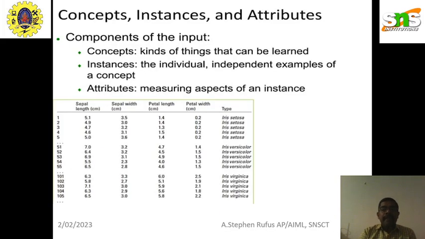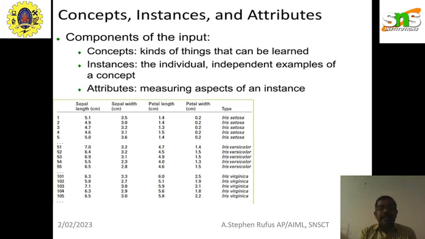Later, when we have to compute certain parameters in machine learning, we have to look at the concepts, instances, and attributes. As the components of input for every machine learning system, we need certain parameters to be fed into it to make a computation, or to go for future expressions, or to produce a certain outcome. That outcome is used to train the system. Afterwards, if you feed any input, the system will answer. So we have to clearly understand what particular input you are giving.